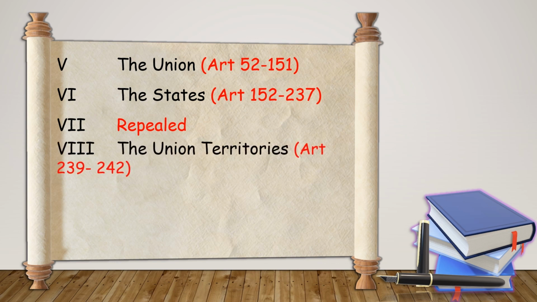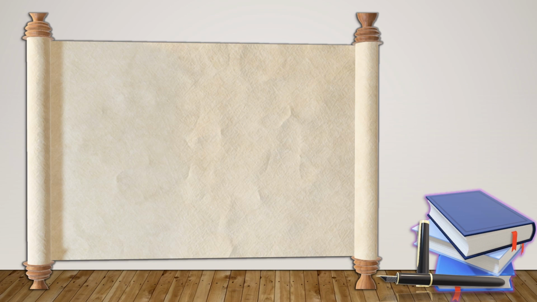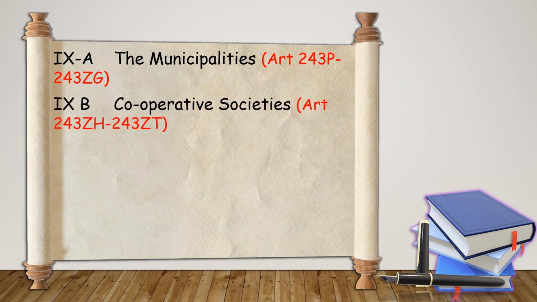Part 8 concerns the Union territories covered by Articles 239 to 244, explaining the governance and administration of Union territories. Part 9 addresses the panchayats from Articles 243 to 243O. Part 9A discusses the municipalities from Articles 243P to 243ZG, and Part 9B highlights the cooperative societies from Articles 243ZH